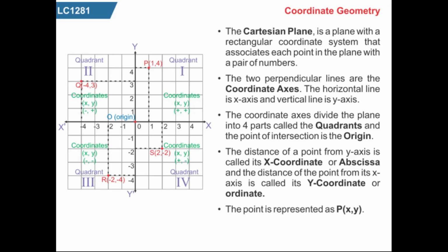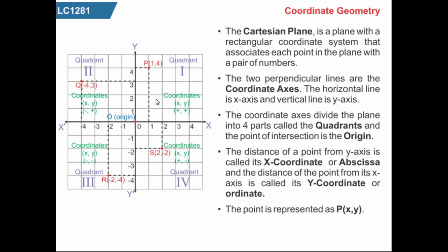So let's start. What we have here is a Cartesian plane. What is this Cartesian plane? It's just a rectangular or 2-dimensional plane. We have this x-axis and y-axis. The x-axis and y-axis divide this rectangular plane into 4 parts. What are these 4 parts called? Quadrants. This is our first quadrant, this one is our second quadrant, this one is our third, and then the fourth quadrant. This naming is done in anti-clockwise direction.